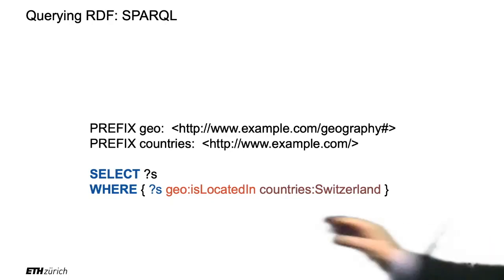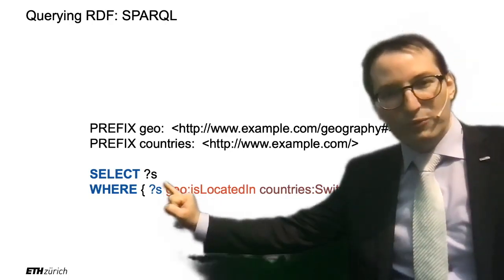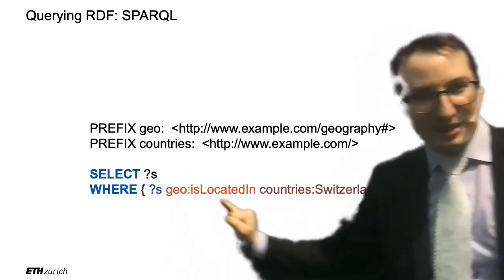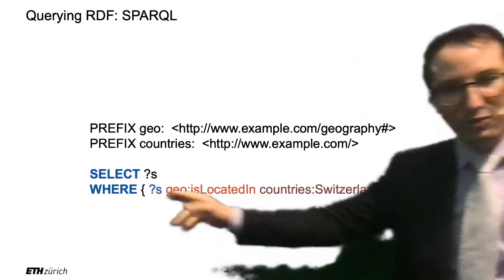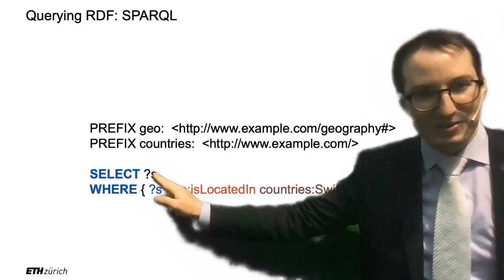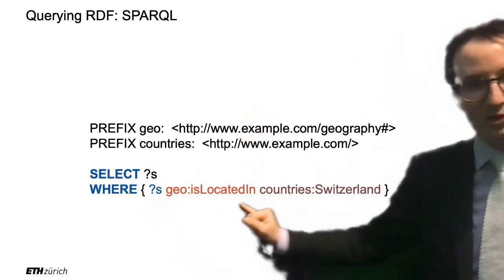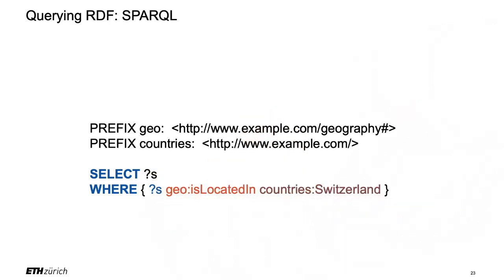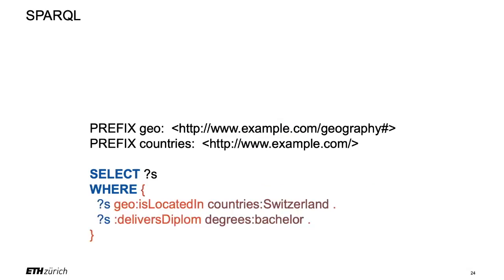So the variable S, question mark S. We look for something, whatever that is, located in Switzerland, and we select that whatever that is, right? So this looks in the triple store for a triple where S is located in Switzerland, okay? We can also have